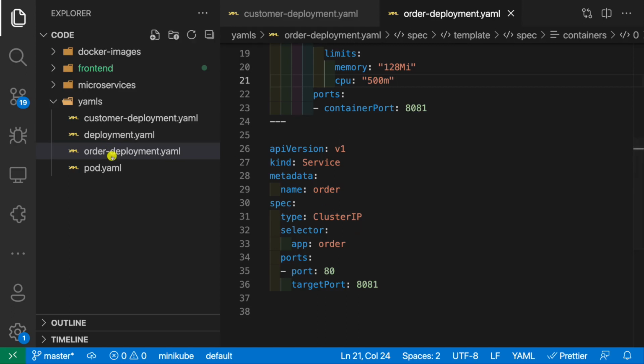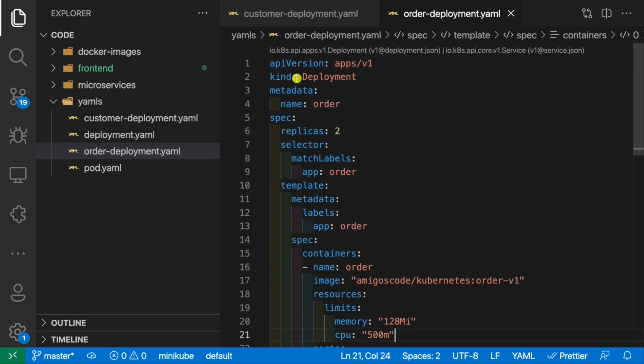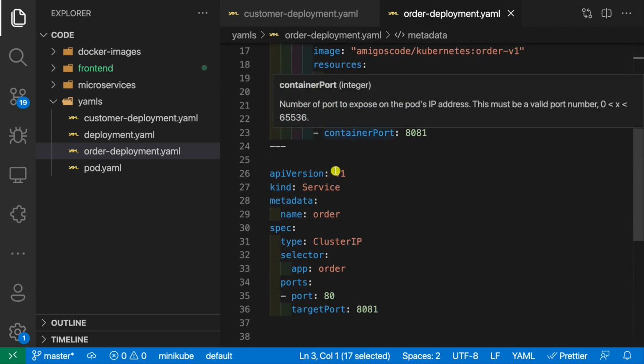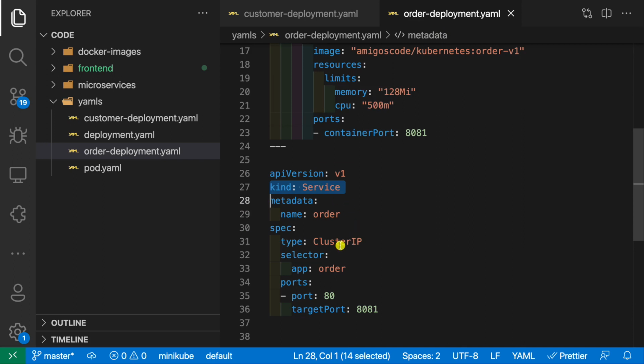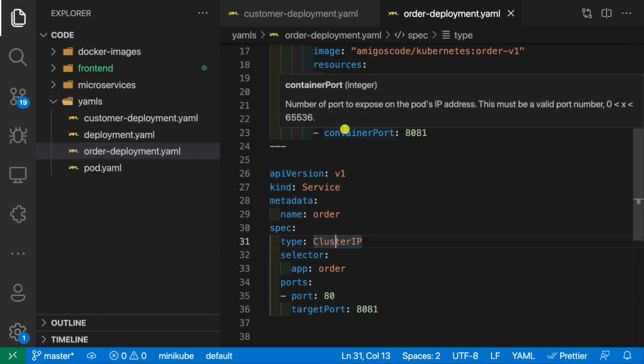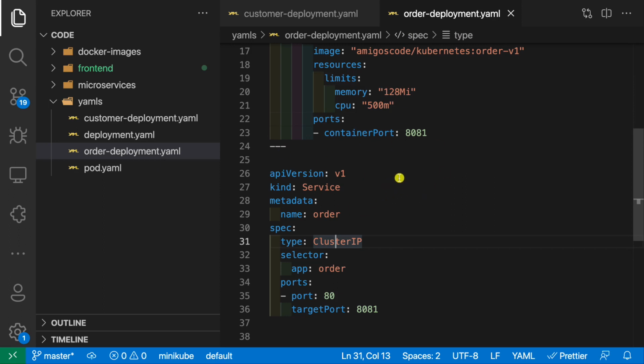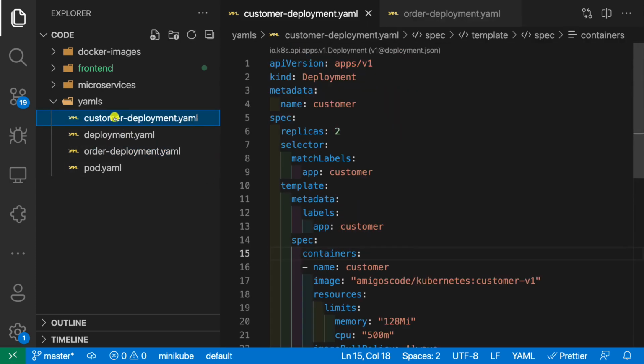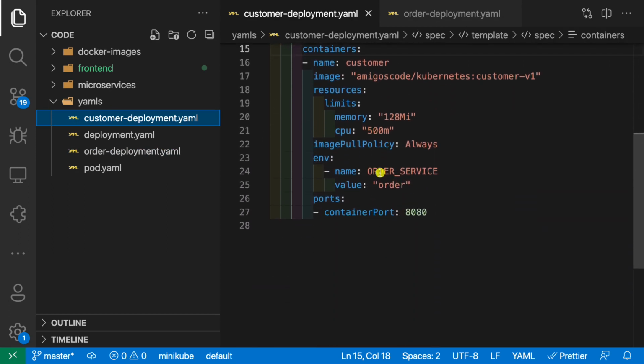So within order-deployment, remember we have two configurations in here. We have the deployment, and we also have this service right here of type cluster IP, so that the customer microservice can talk to the order microservice internally using this service right here. Now let's go ahead and open up customer deployment, and we're going to create a service that allows us to